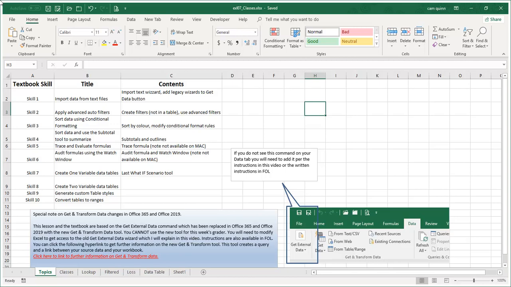Now there is a link here in this Excel spreadsheet that you can click on if you want further information on Get and Transform Data, which is actually quite a powerful command. But for this, you will have to modify your system to be able to use the old command. To do that, there are written instructions in Fanshawe Online. But for now, sorry, before we get started on this, you should have the